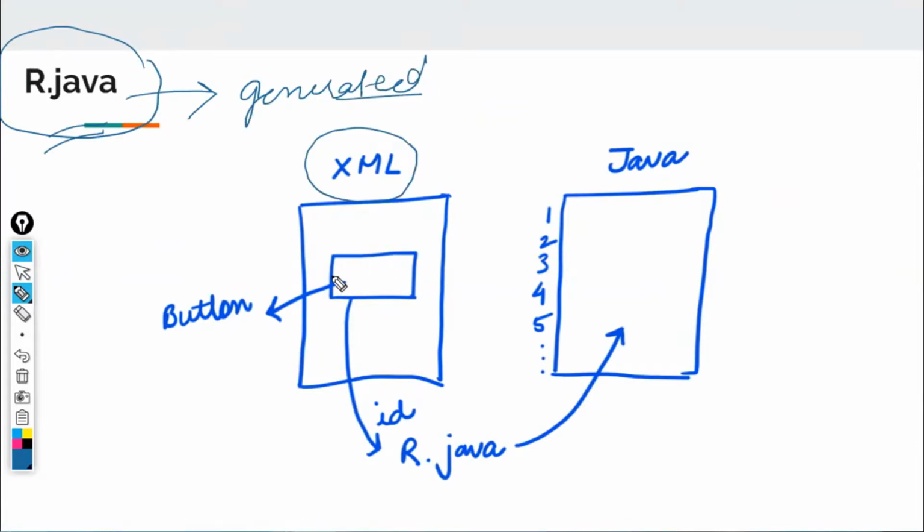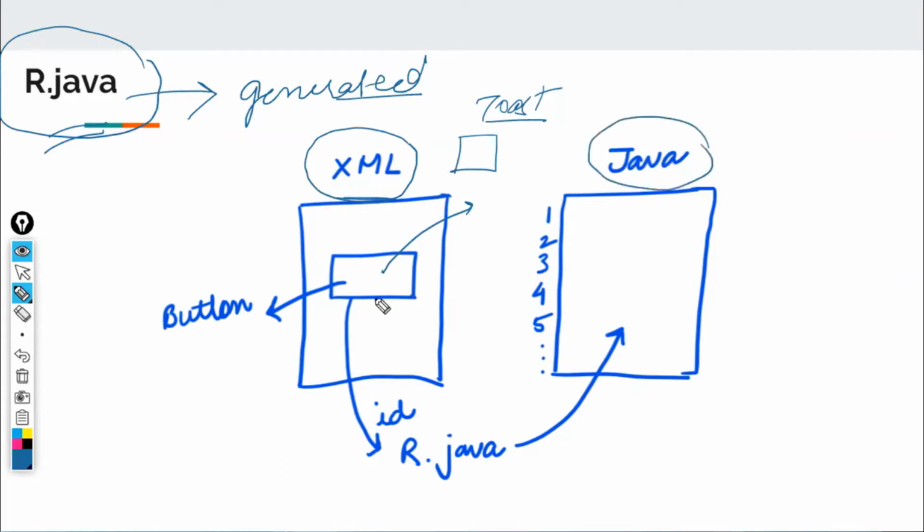What I did, I added a button in the XML file. For example, if the user clicks on this button, I want a toast to be displayed. The XML file handles only the visual elements of the app. That is, you can add the button, but what will happen on button click, you cannot decide by XML file. For that, you need to work out the logic using the Java file.